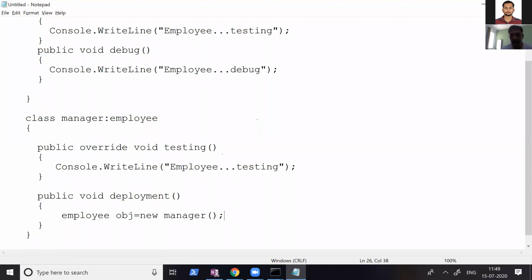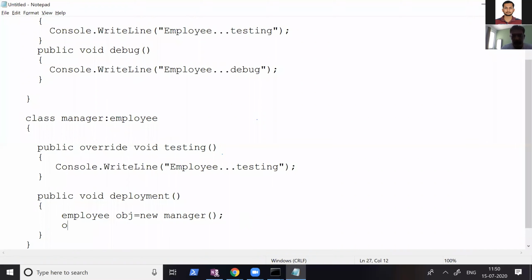Manager is from employee. Manager is an extended version of employee. So no casting takes place explicitly. It's an implicit cast. Fine. So there is the assignment operator.